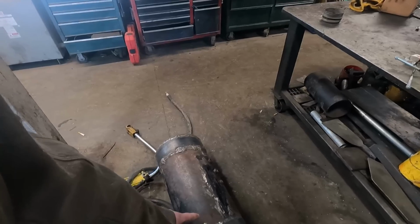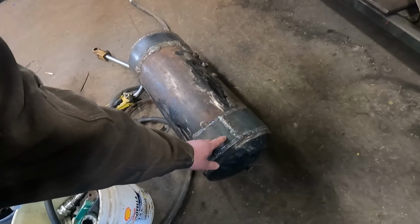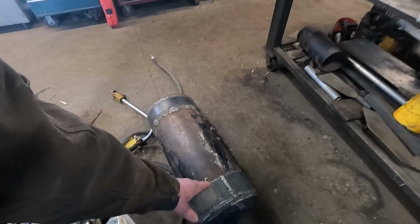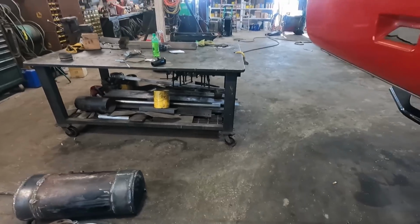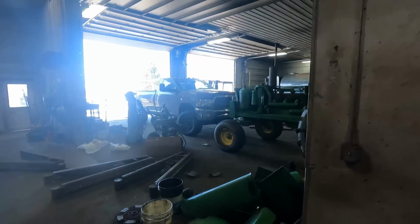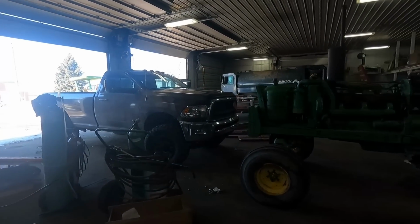But there was just one hole on this tank, and it was on the front side, which was right in here somewhere where it sits on the bracket. And I said, well, let's try it, and that didn't work. So Jered has got his truck coming in here. He ended up breaking the U-joint on the front drive shaft,